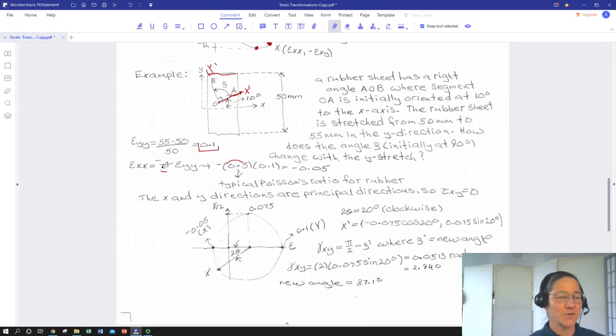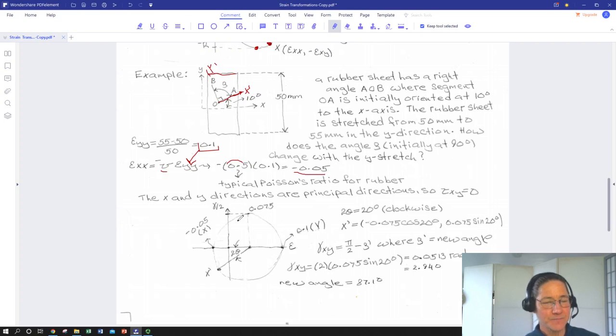And EXX, we can basically use the definition of Poisson's ratio. So we have negative Poisson's ratio times our axial strain. In this case, that's EYY that we just calculated right there. And we've said this is rubber, so v is 0.5. So our strain in the X direction is negative